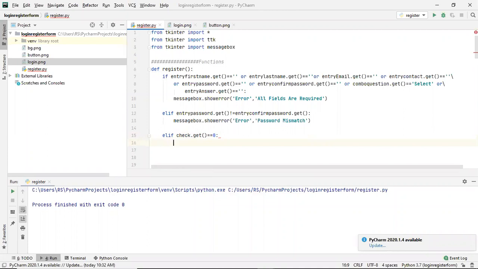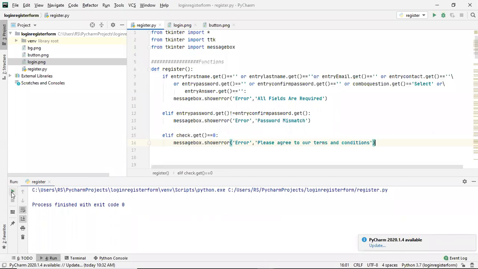So if this is the case, then we will simply display a message box dot show error. Here the title will be error, and the message that I'm going to display is please agree to our terms and conditions, like this.